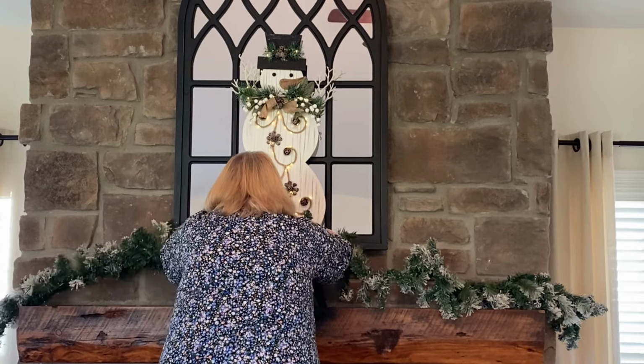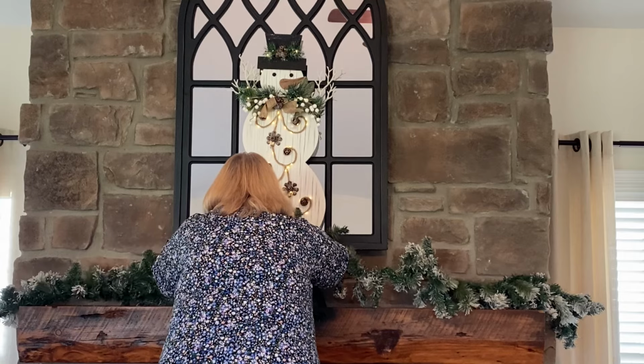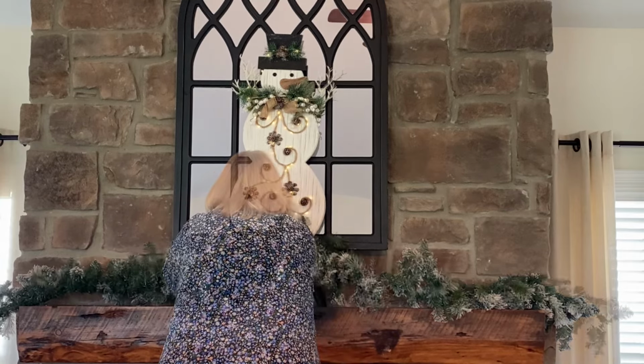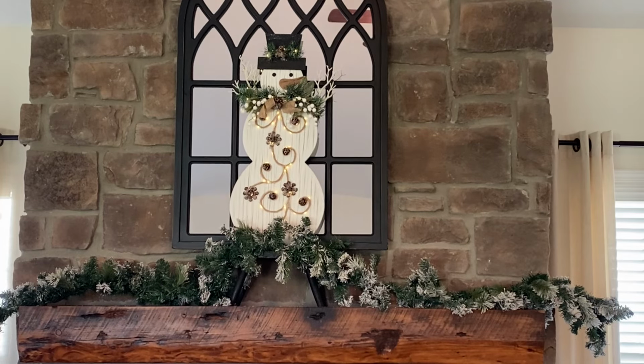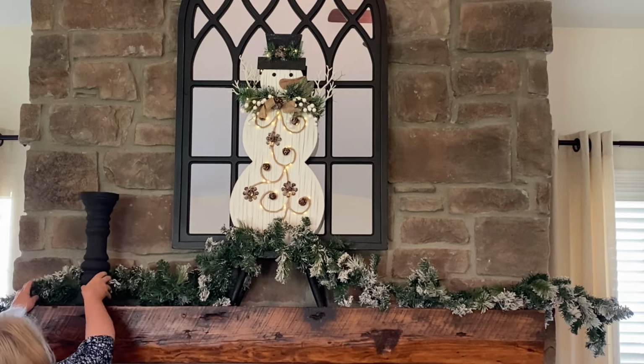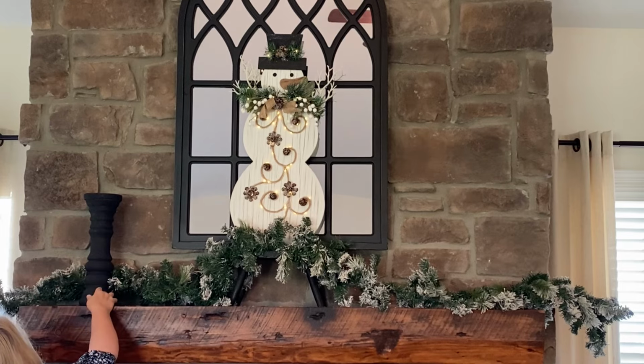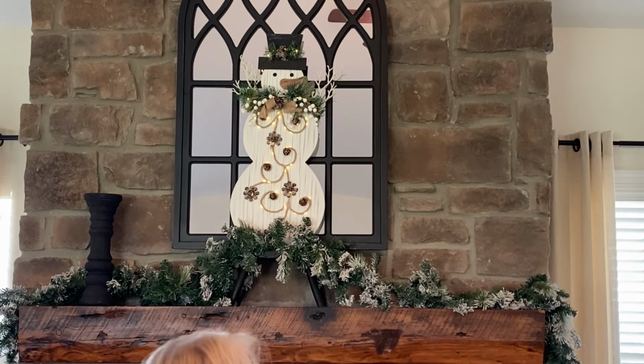It came from Walmart many years ago. And I just want to place it across. You can see how I have it up on that riser just below the snowman. Next, I'm adding the candlesticks, and I want them just to set back a little ways on my mantle